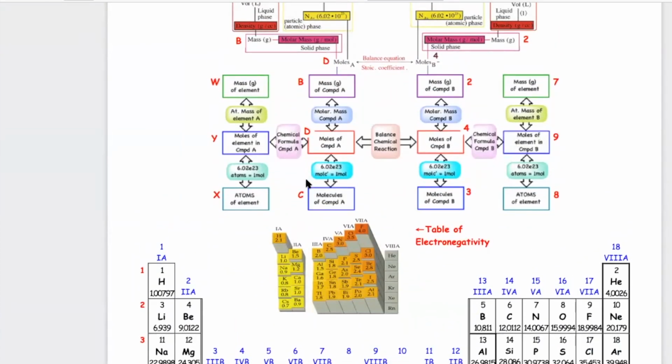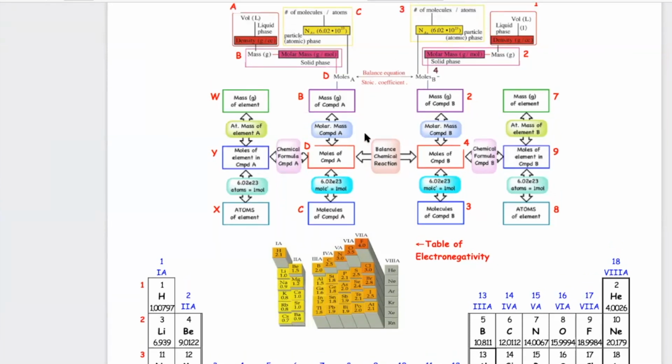So this question that you saw in the activity, I tell you that you have 17 moles of KCl. Well, you're starting right here, moles of KCl, and you're trying to calculate the mass of KClO3. So you're going from D to 4, 4 to 2. The first thing you want to do is convert the moles of KCl to moles of KClO3 using the balanced equation, and then use the molar mass of KClO3 to convert moles of KClO3 to mass of KClO3. We're not going from mass to moles, we're going from moles to moles, moles to mass, because the question